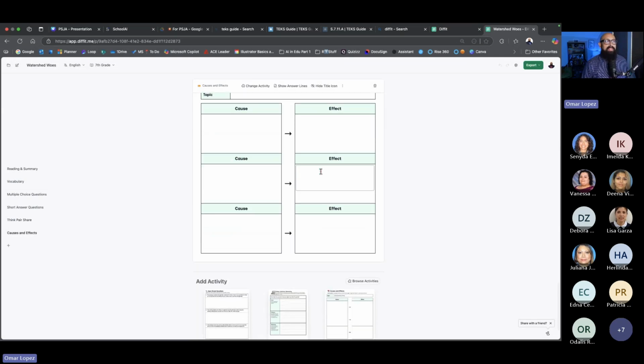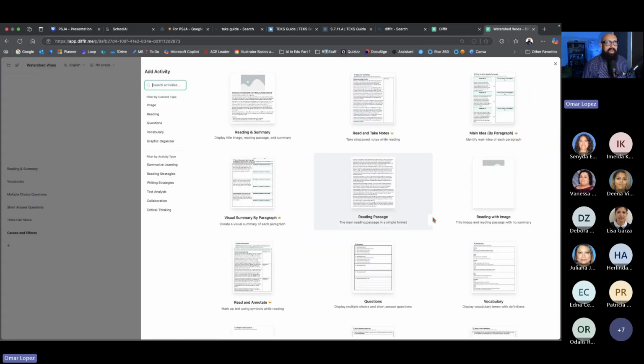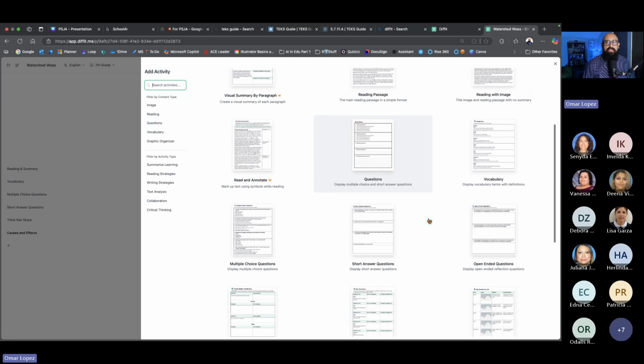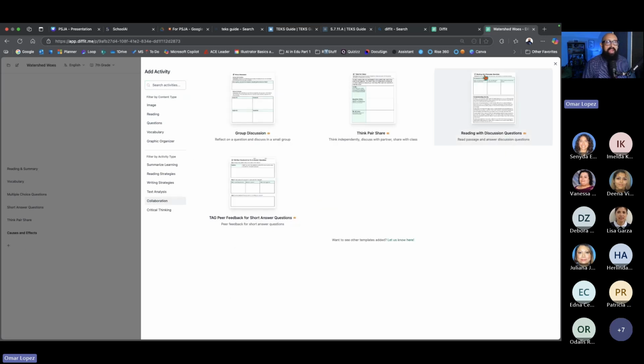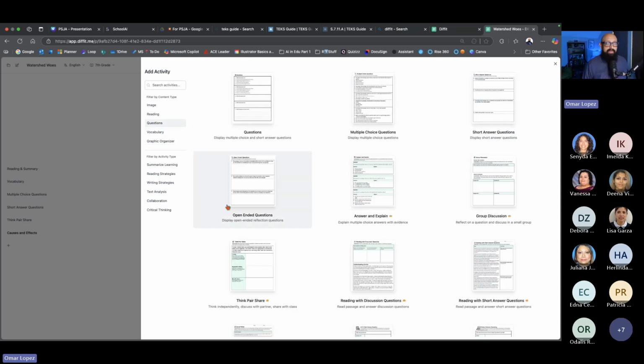But if I wanted to add activities, I can hit the plus on the left side. And now I have all of these activities and graphic organizers that I can select from. One of my favorite ones is collaboration. I have 4 different graphic organizers that I can use for collaboration while we read this concept. So I can do that. I can maybe add more questions, and I have all of these multiple choice questions. I can add more